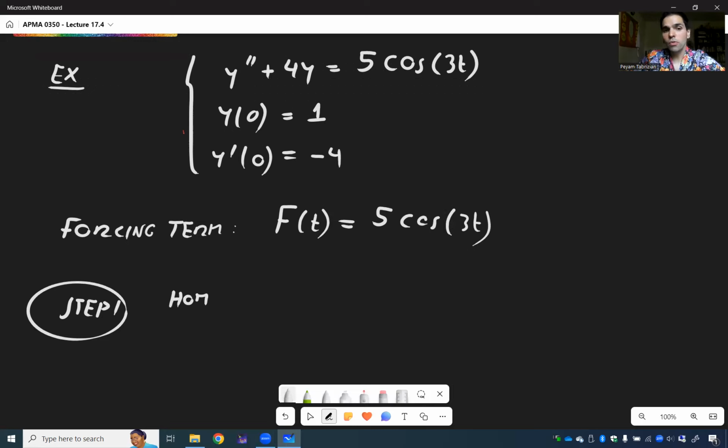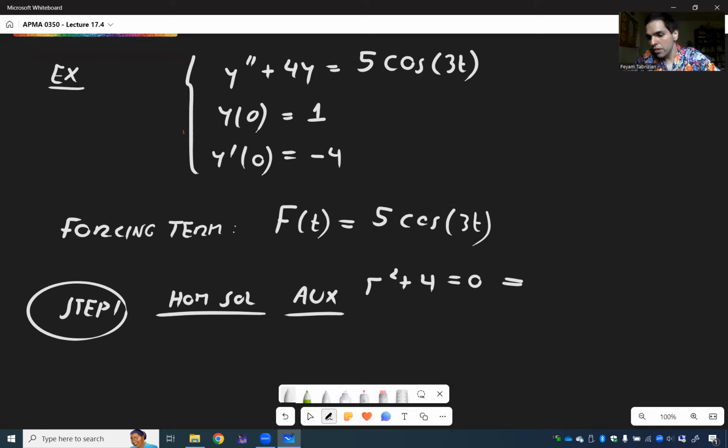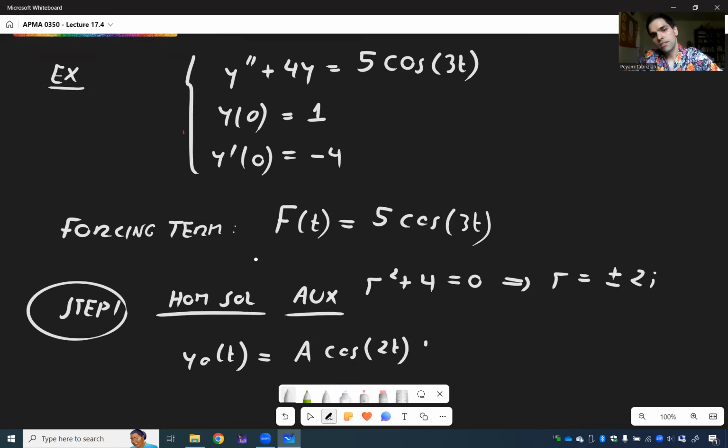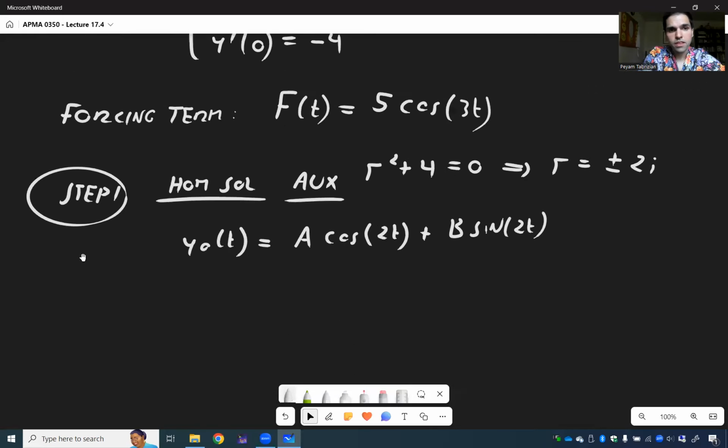Because it's inhomogeneous, we have to find a homogeneous solution. So the auxiliary equation is r squared plus 4 equals 0, where r is plus or minus 2i, and that gives you the homogeneous solution, a cosine of 2t plus b sine of 2t. And then for the particular solution,